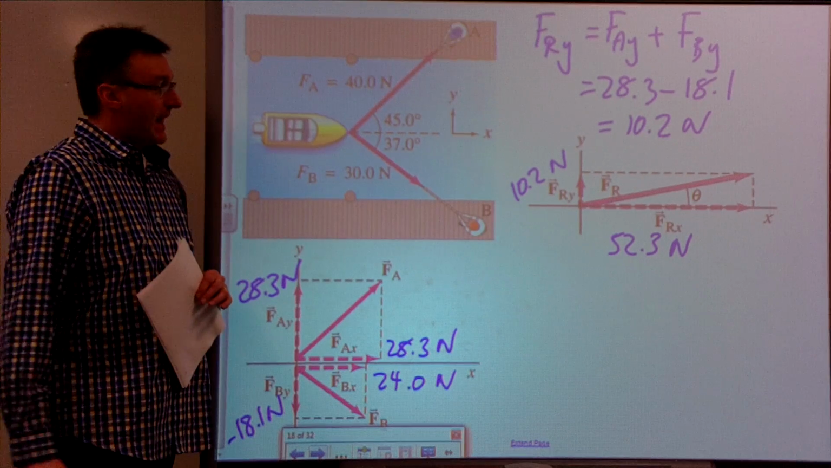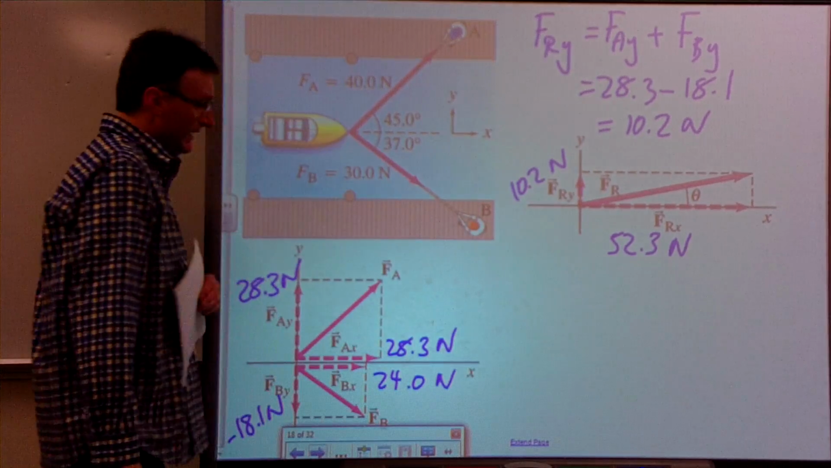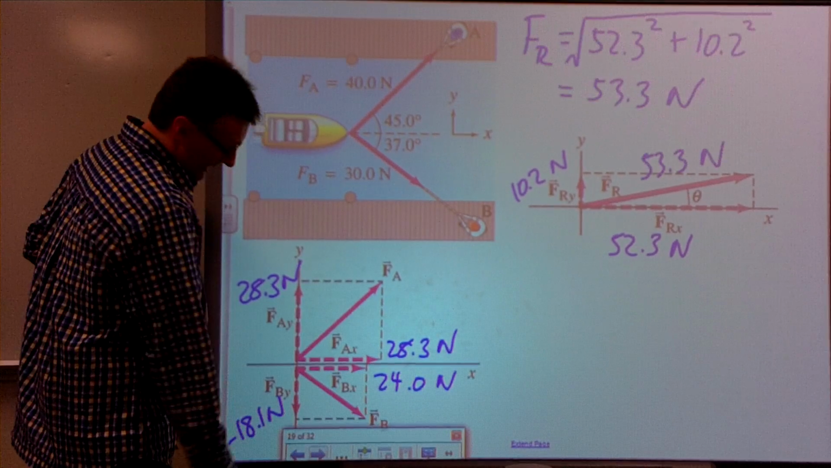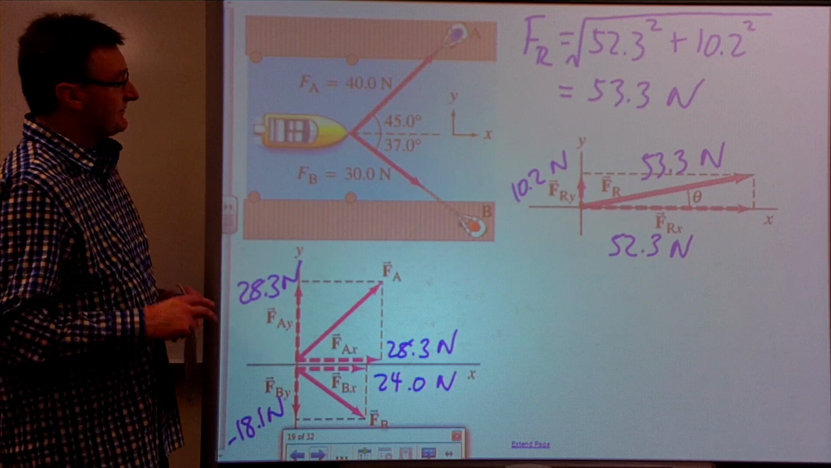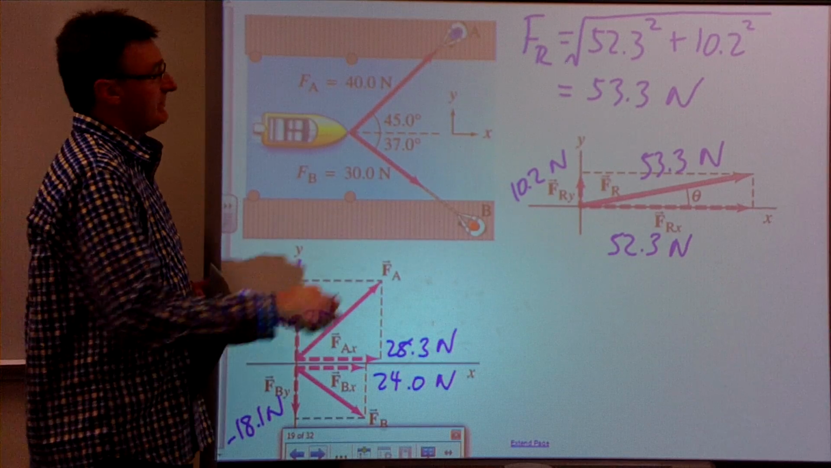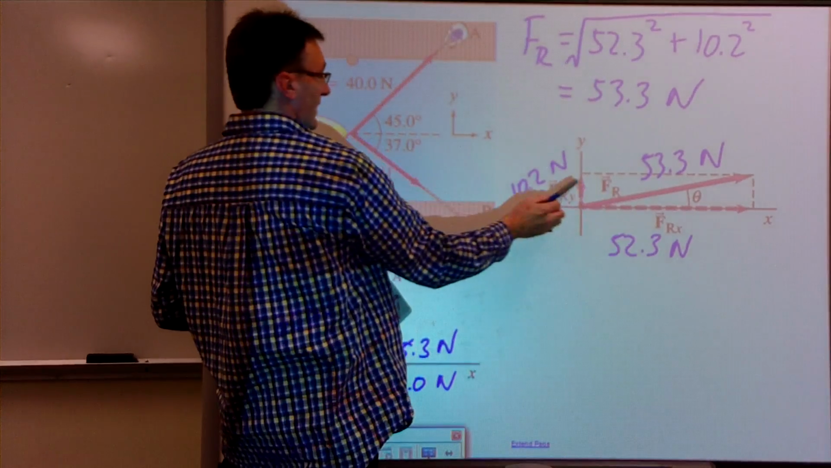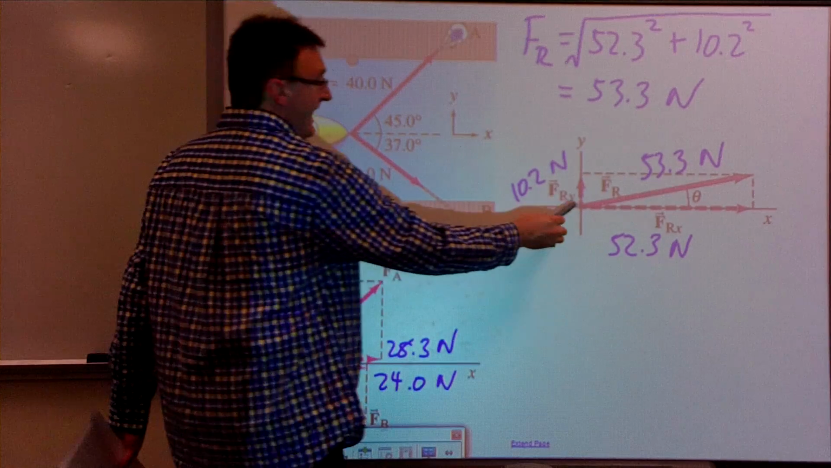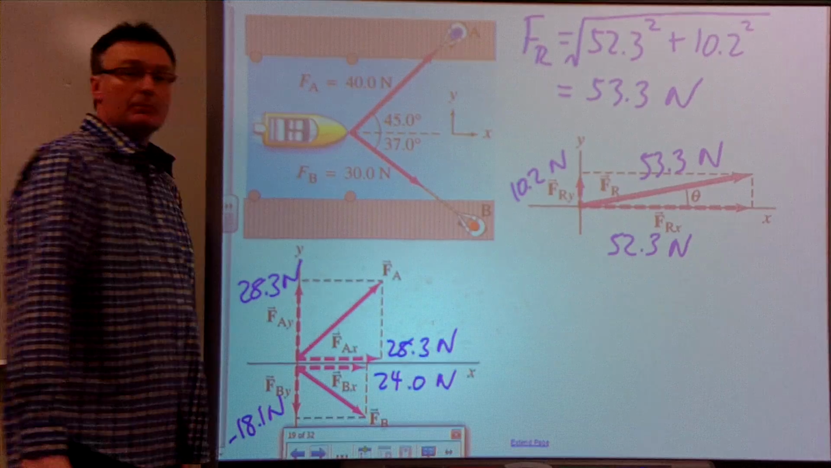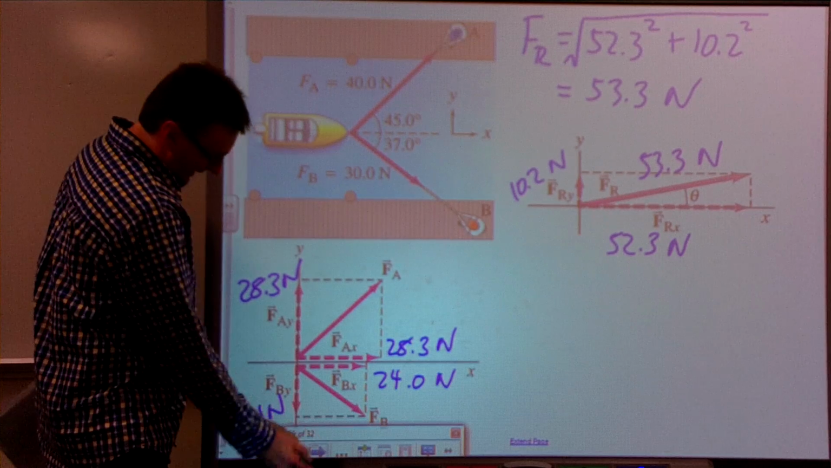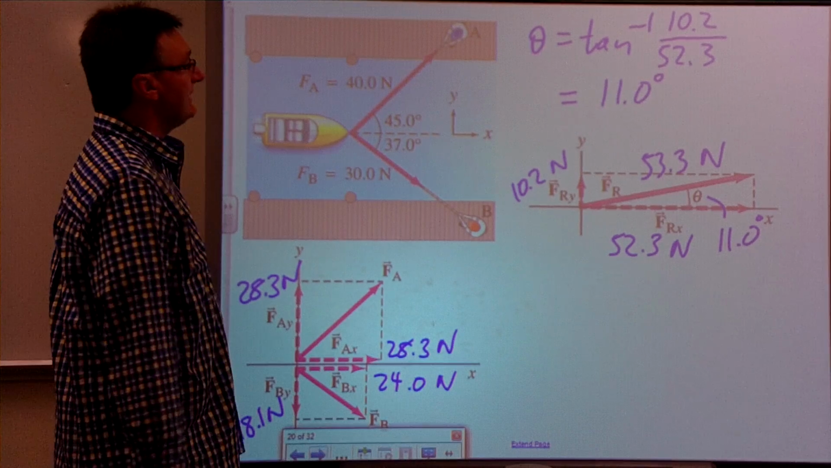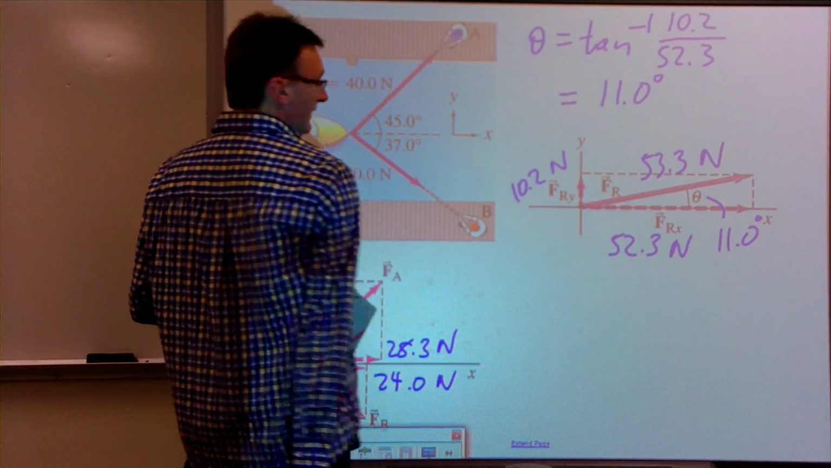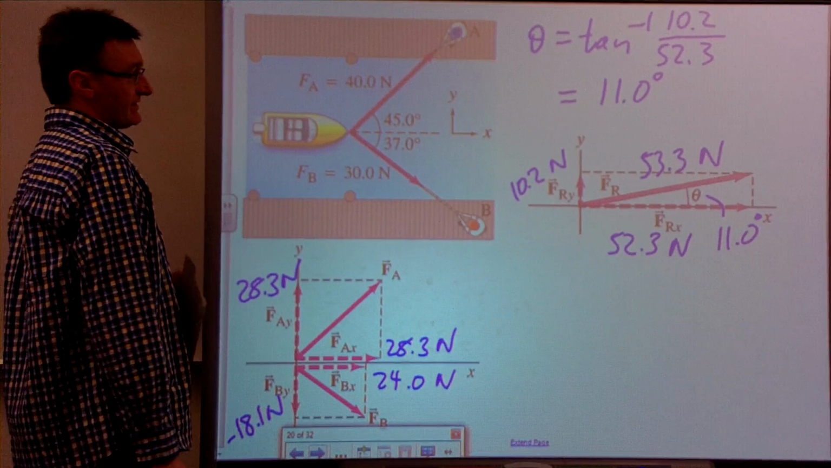And then it's just a simple matter of using the Pythagorean theorem plus the inverse tan now to find the magnitude and direction of our final force. So the final force is going to be the square root of 52.3 squared plus 10.2 squared, just your basic Pythagorean theorem. So the magnitude of the resultant force is 53.3 newtons. And to find the angle, it'll be the inverse tan of 10.2 divided by 52.3, and that gives us